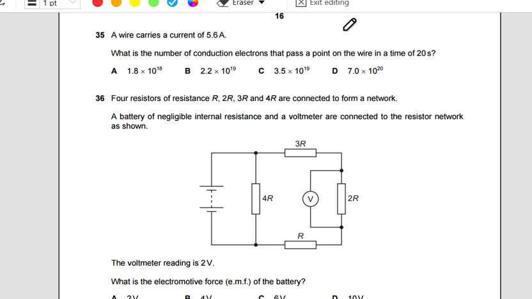So we can multiply current by time. This will give us the charge, and we can divide this charge by 1.6 times 10 to the minus 19, and the answer